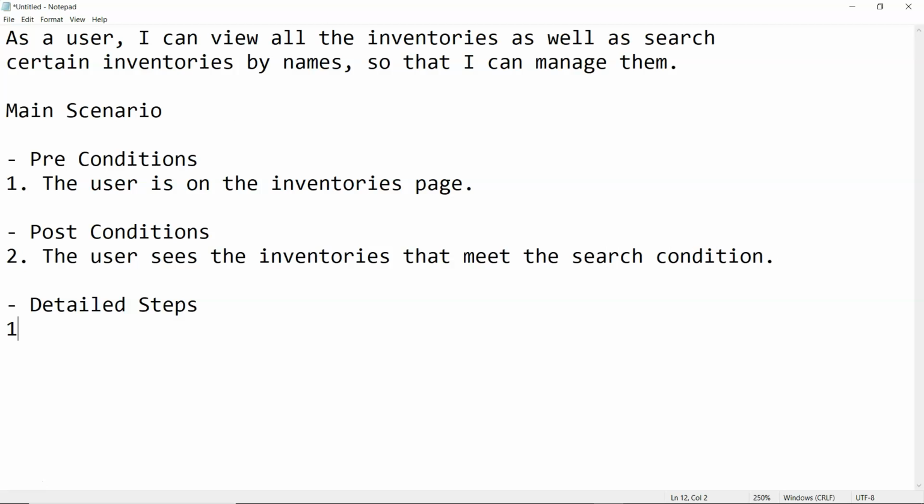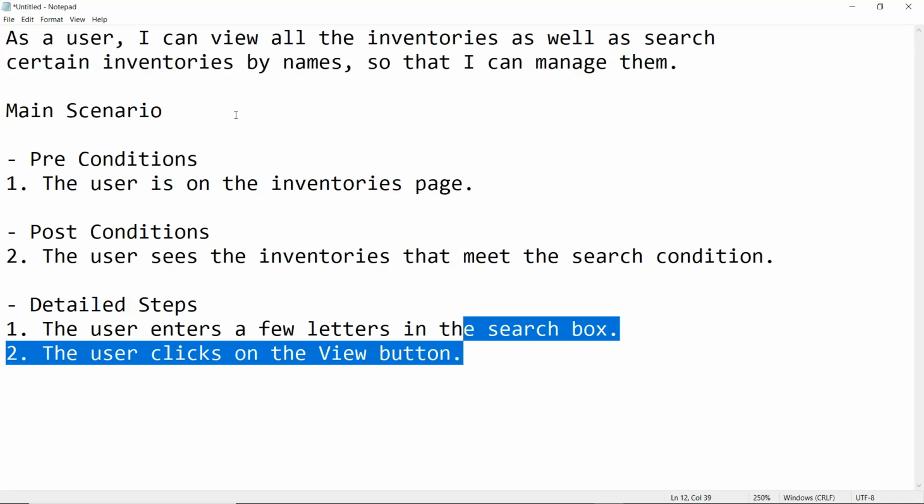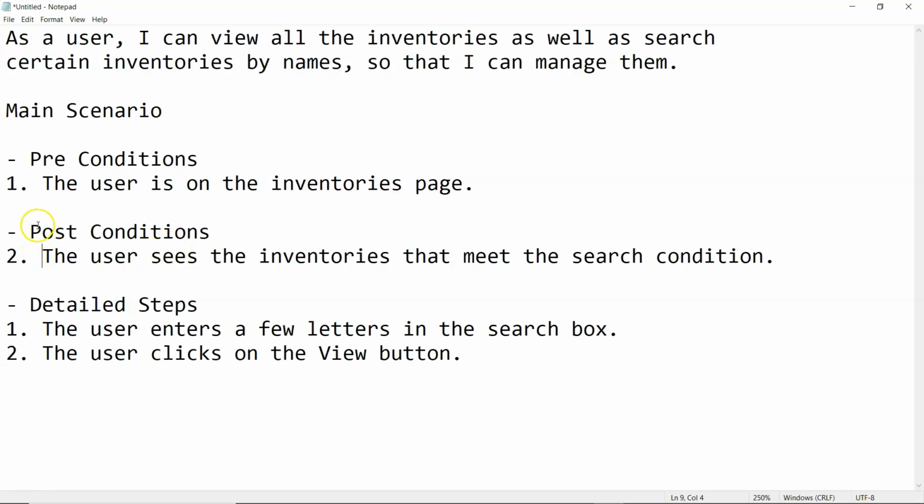The detail steps: the first step is the user enters a few letters in the search box, and the user clicks on the view button. Right, so after this, then it will reach the post condition. And then of course we can have our